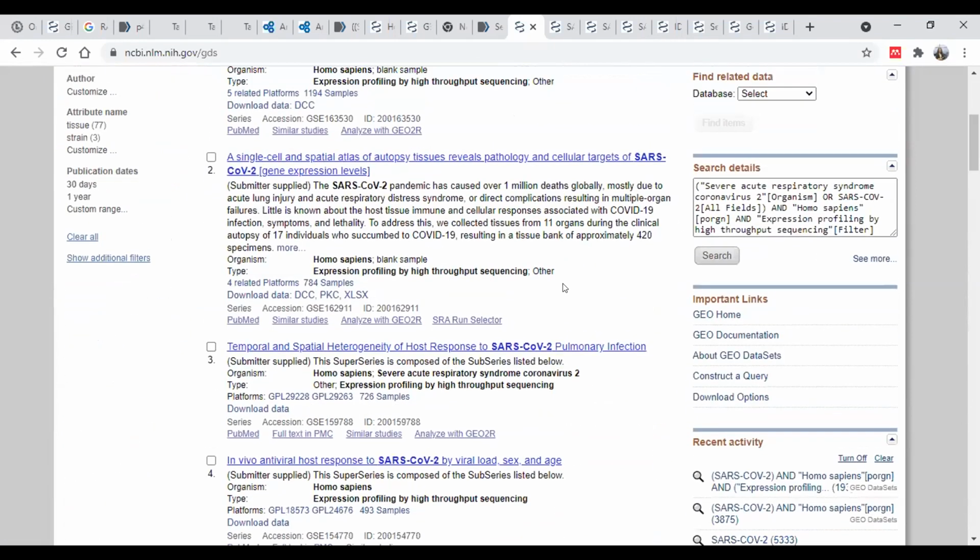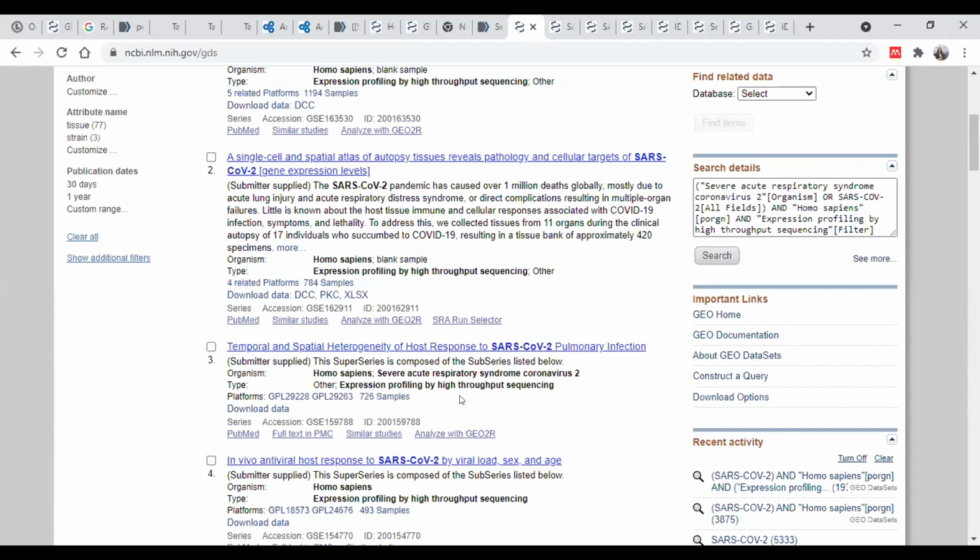Now you need to go through these studies to understand them. First, look at the topic, whether this study is relevant to your research question or not. Second, of course, look at the number of samples.